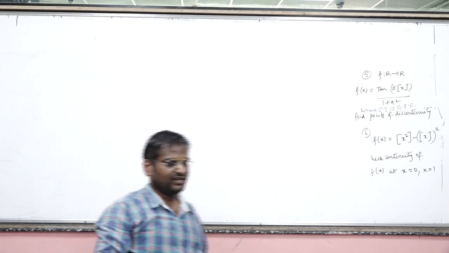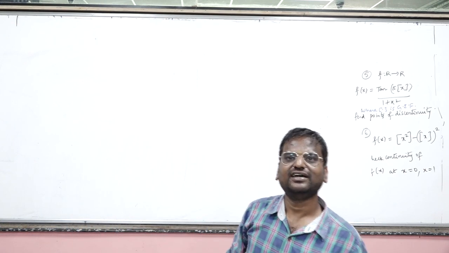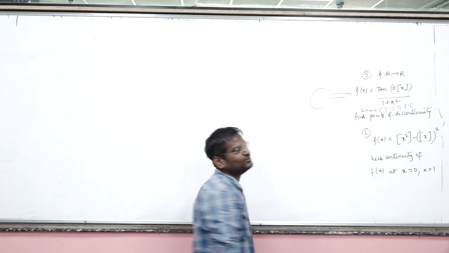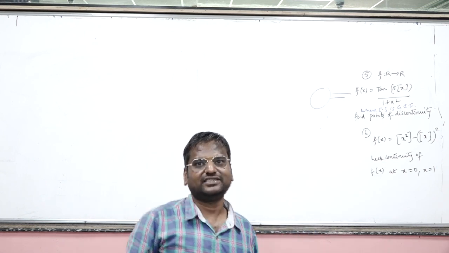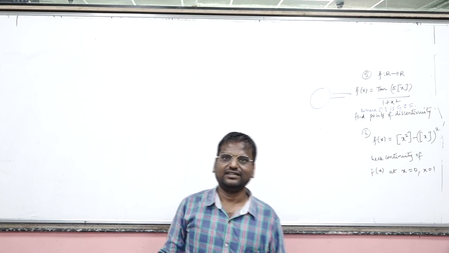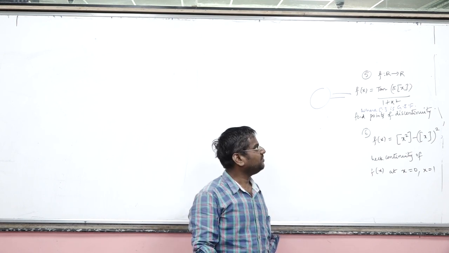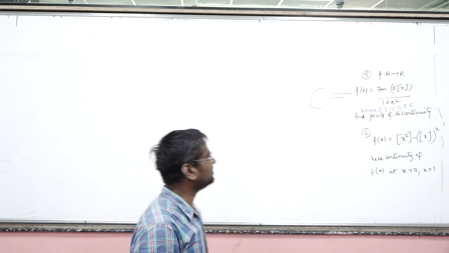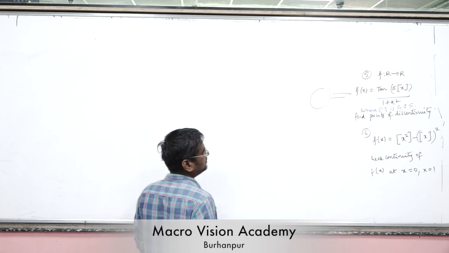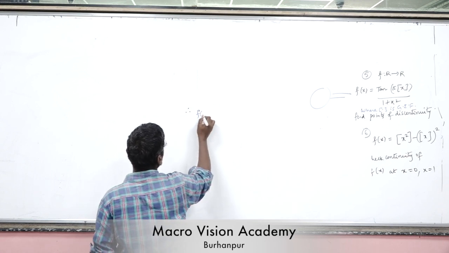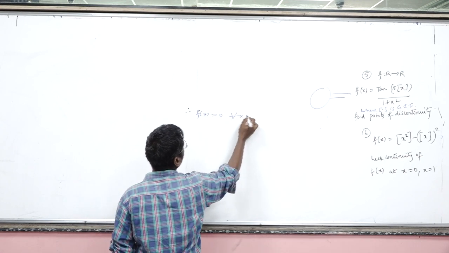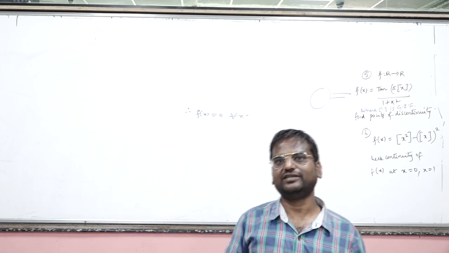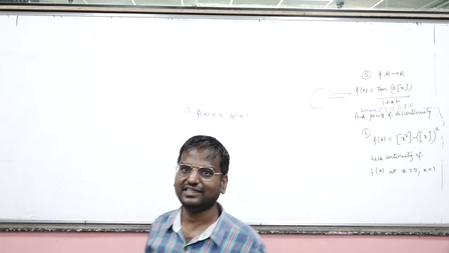Question number 5. You must have realized by now that this is nothing but 0. Right? Step x is always an integer. Therefore, it is an integral multiple of pi, and tan of an integral multiple of pi is 0. 0 by a non-zero quantity, 1 plus x square, is 0. So f(x) equals simply 0 for all x. Therefore, it is always continuous. Our set of points of discontinuity is nothing but the null set.